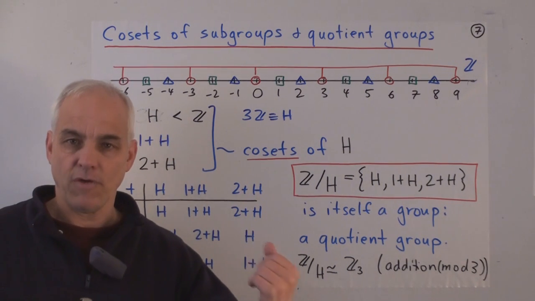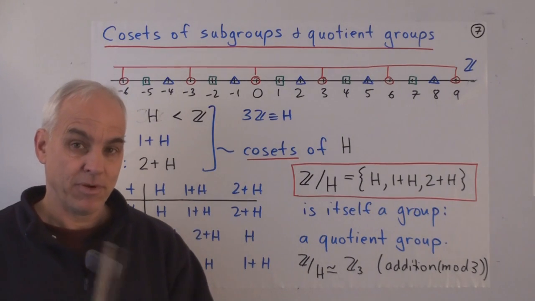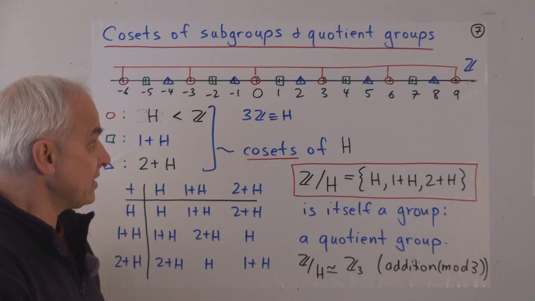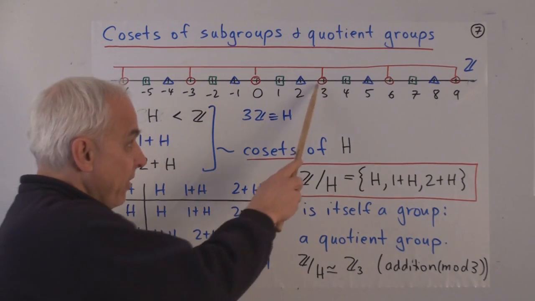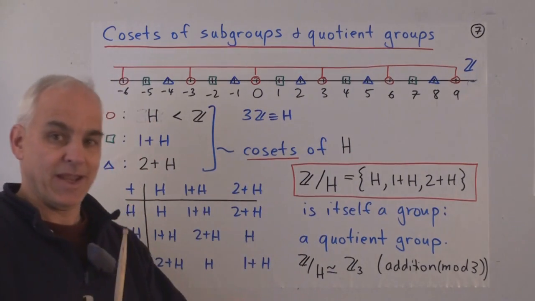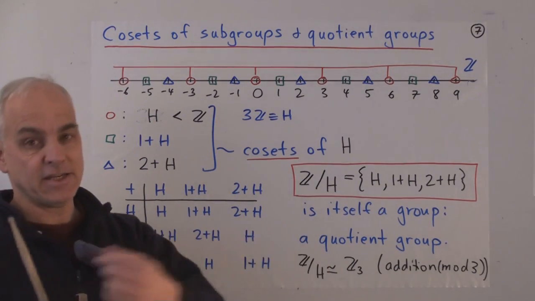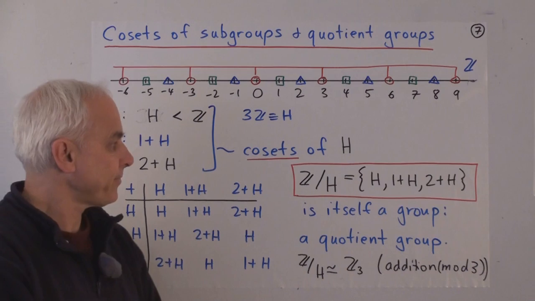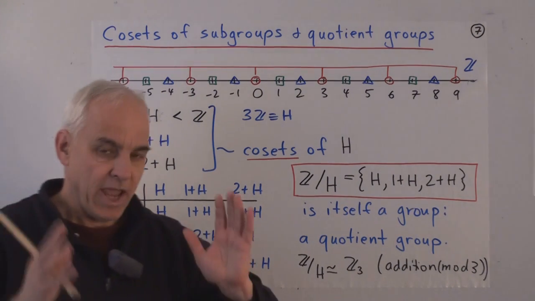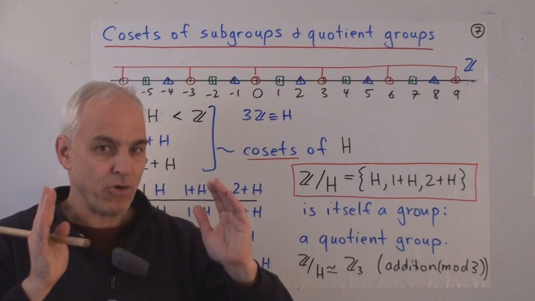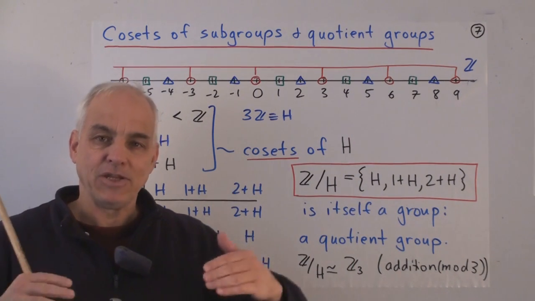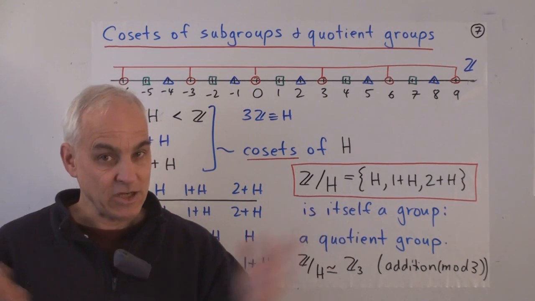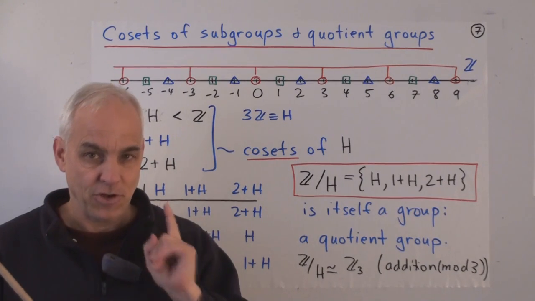All multiples of 3. That is a subgroup because it contains the identity, and it contains the sum of any two elements. So 3 plus 6, the sum is 9, is also in the subgroup. And it contains the inverse of any one of its elements. 6 is in the subgroup, so is minus 6. Okay, so we have this situation. We have the big group G, the subgroup H. We're now going to look at some additional objects that are very closely associated to the subgroup H inside G. These are called cosets of H.